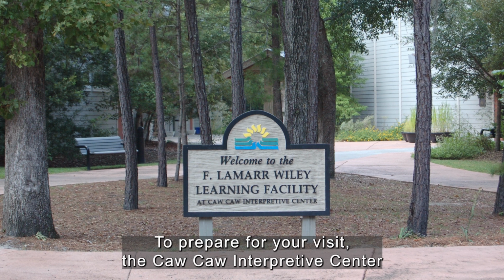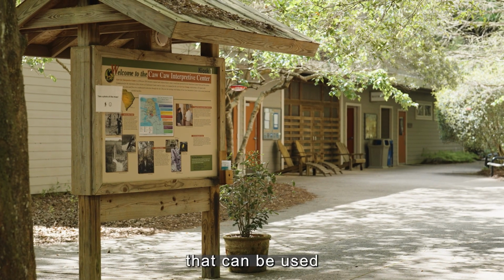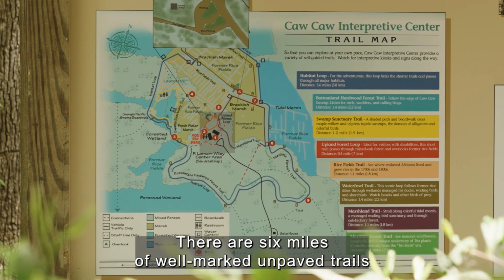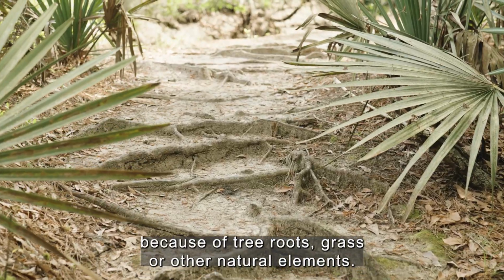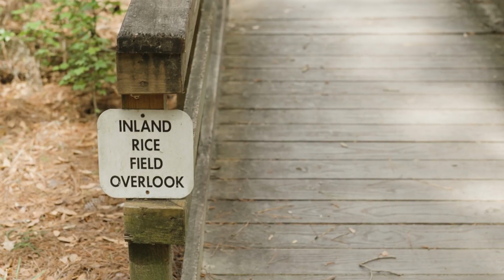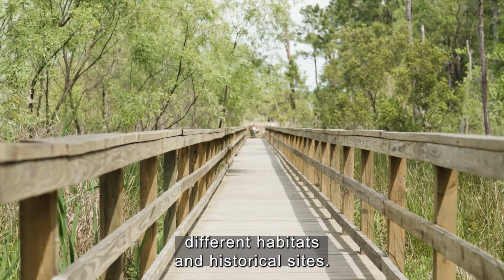To prepare for your visit, the Caw Caw Interpretive Center offers accessible parking as well as accessible paths that can be used to reach the restrooms, drinking fountains, and picnic tables. There are 6 miles of well-marked, unpaved trails that are mostly flat, but some have uneven surfaces because of tree roots, grass, or other natural elements. Along the trails, there are also benches to sit on. The Inland Rice Field Overlook Boardwalk has railings and bumpers throughout and can be used to explore different habitats and